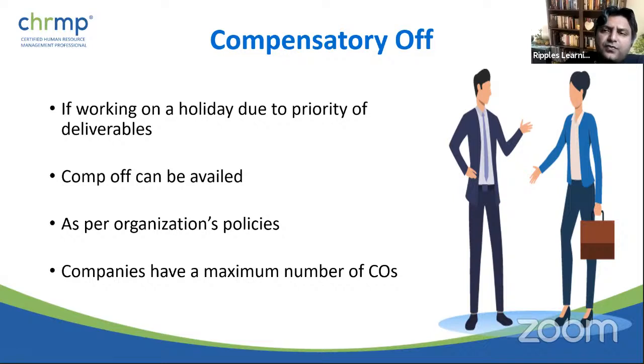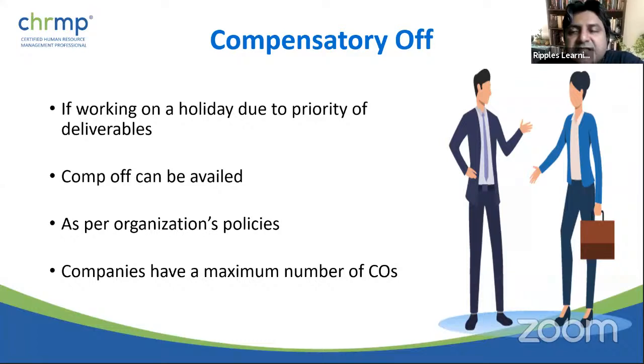What is compensatory off? For various work reasons, you may take a comp off. You may be working on one of the offs that was there. For example, it can be any holiday. It can be a weekly off. It can be a national holiday. It can be optional leave. It can be anything. If you were working on that day and you really wanted to take off, but because of work reasons you end up at the workplace or you end up participating in work, even from home, which technically means that you worked that day and you should be allowed to take a compensatory off, right?